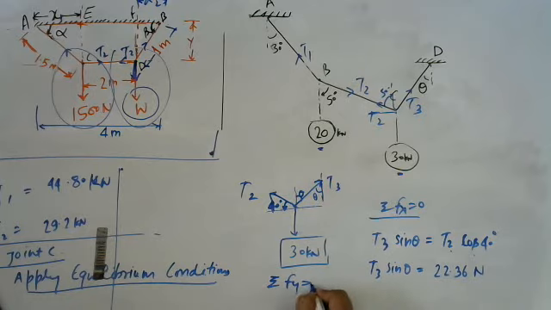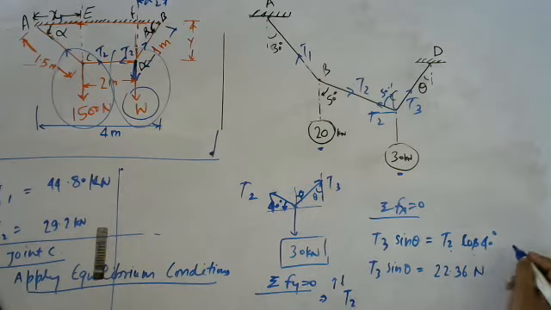Summation Fy is equal to 0. I write here directly, Fy is equal to 0. Here I can write T2, upward force is positive, we are taking here, and downward negative. In this case we took this force positive, and like a simple equation, so I did not mention the sign. So T2